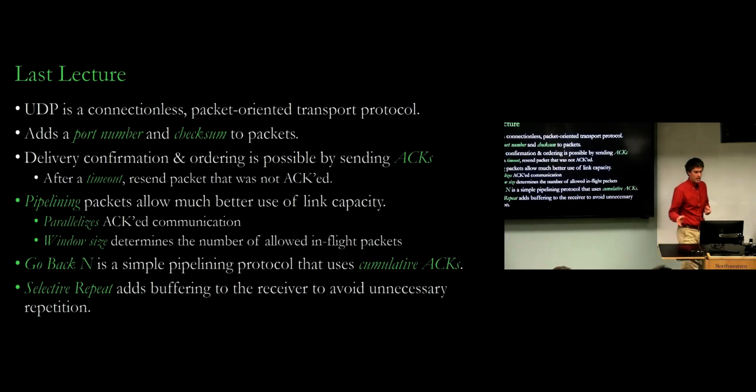And we talked about Go-Back-N and Selective Repeat, which are two different pipelining protocols. Go-Back-N was maybe simpler. It used cumulative acknowledgements. Selective Repeat was a little more efficient because it introduced an additional timer for every packet that is in flight in the network. So it's more complex, but it avoids unnecessary repetition in retransmitted packets. So somehow it's more efficient, right? And I showed you some demos of those, and you can try out those demos on your own as well. Okay. Any questions about that before I move on?